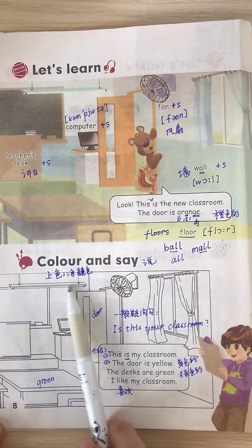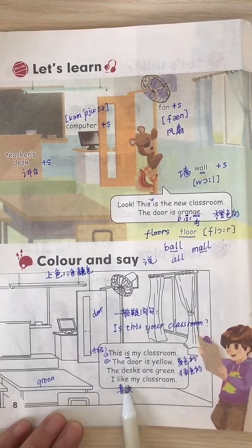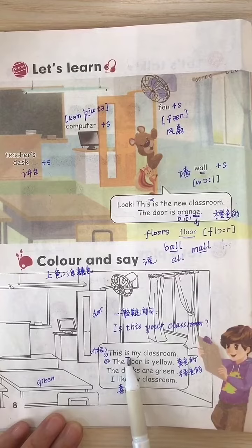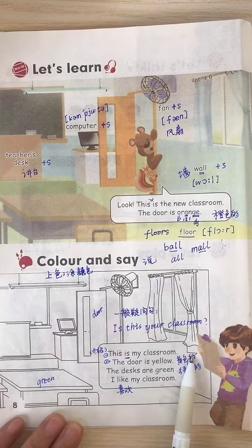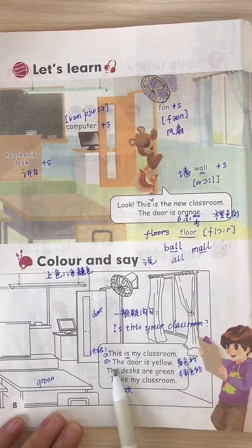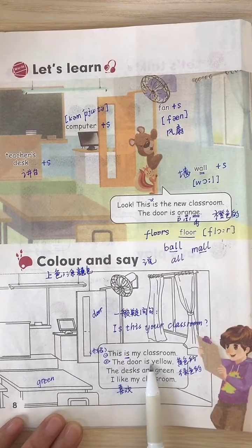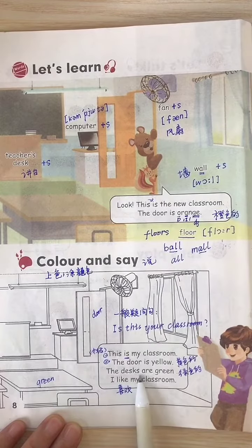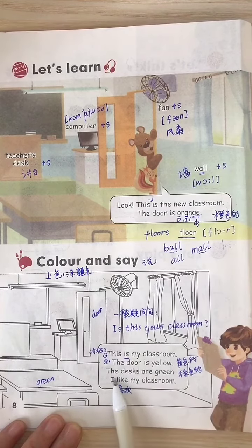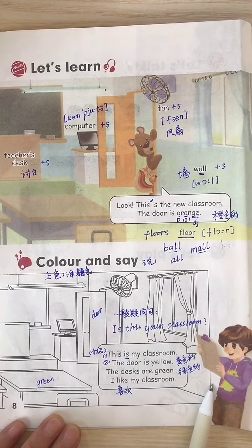desk, blackboard, light,你都可以来说一说,然后涂一涂。那我们看一下原文。This is my classroom. 这是我的教室。The door is yellow. 门是黄色的。The desks are green. 桌子是绿色的。